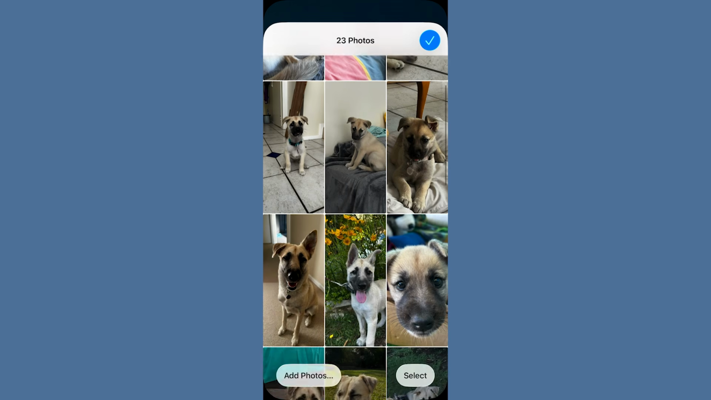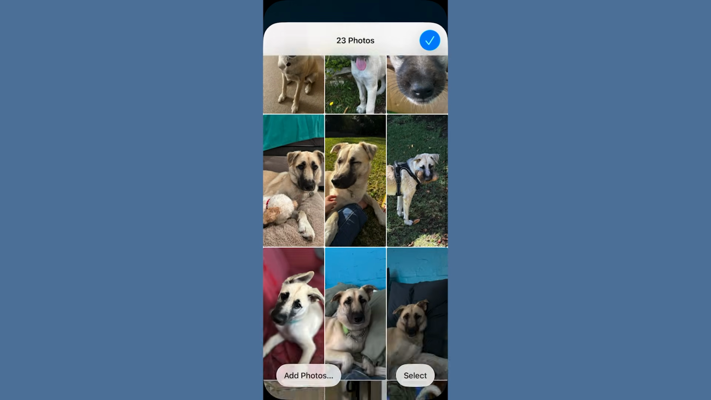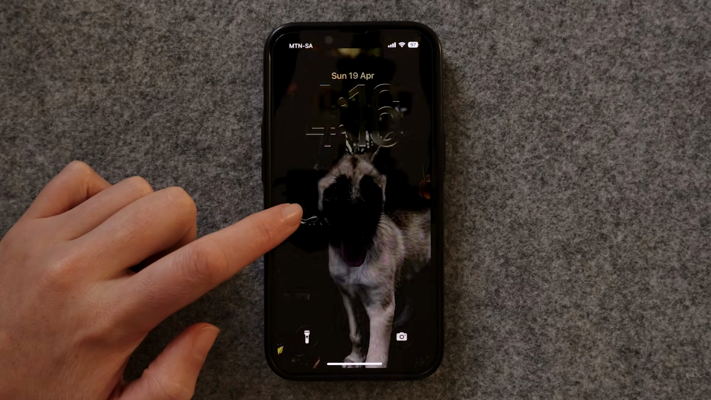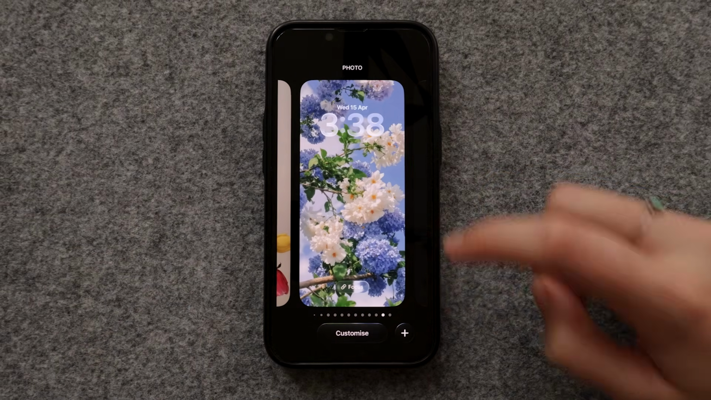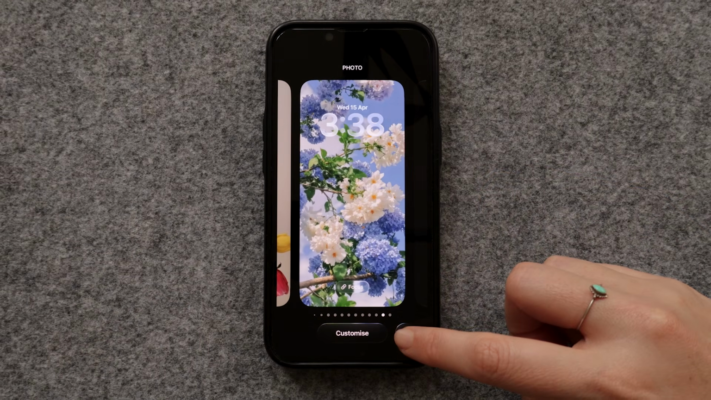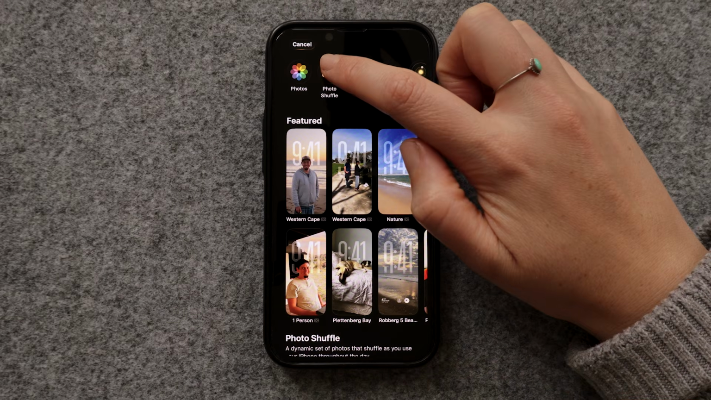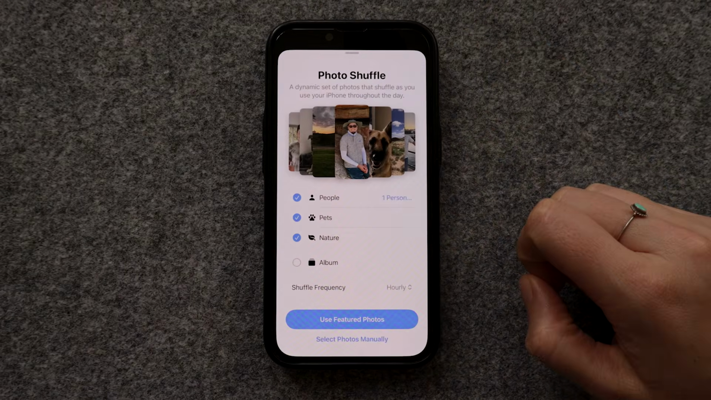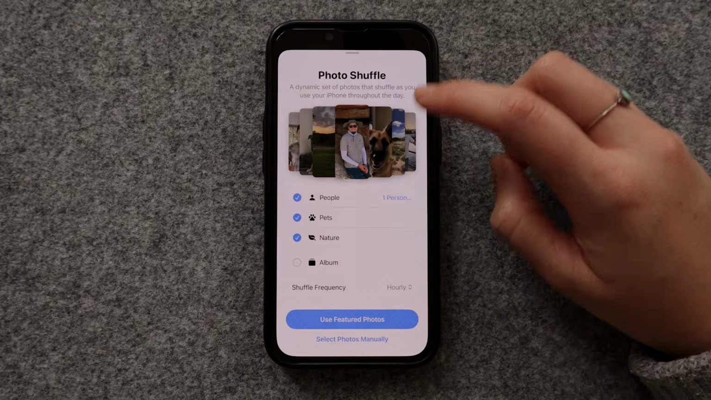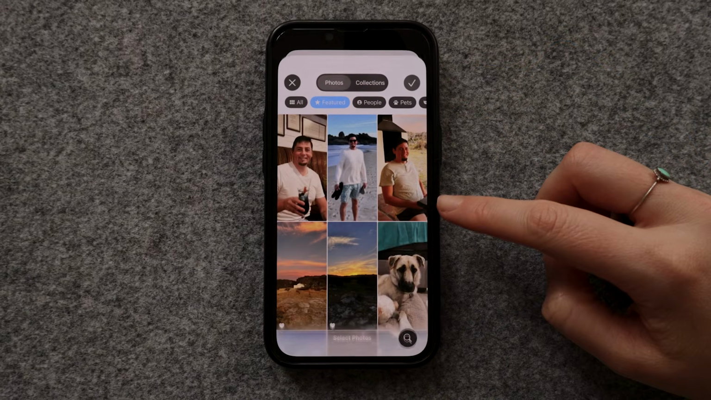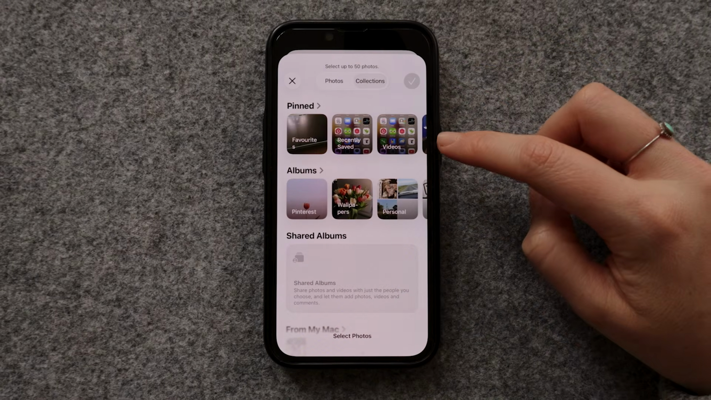This is especially lovely if you use family photos because your favorite memories will cycle through every day. Press and hold your lock screen, tap the plus icon to create a new one, and this time tap Photo Shuffle at the top. You can also choose how often you like it to shuffle, on tap, on lock, hourly, or daily. When you select Photos manually and choose your wallpapers from the album,